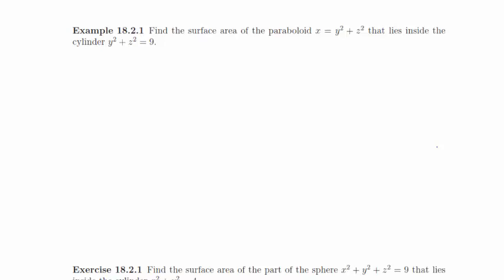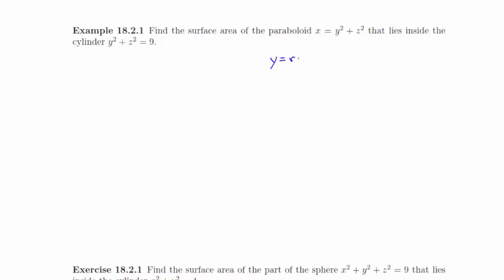Alright, so we need to have some strategy for parameterizing our surface. Our surface is x equals y squared plus z squared. When we say that it lies inside the cylinder y squared plus z squared equals 9, that's our constraint, so that's going to help us with our domain. So we'll get to that second. The first thing we want is to come up with our surface. Here I'm seeing a nice circular paraboloid with y squared and z squared, so it seems like a good first step to